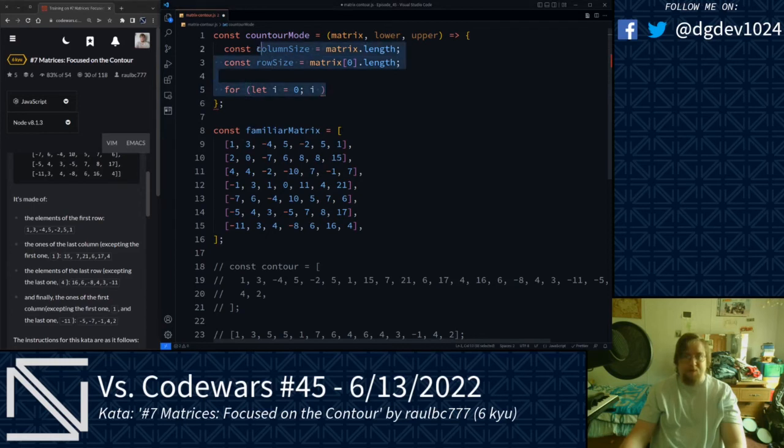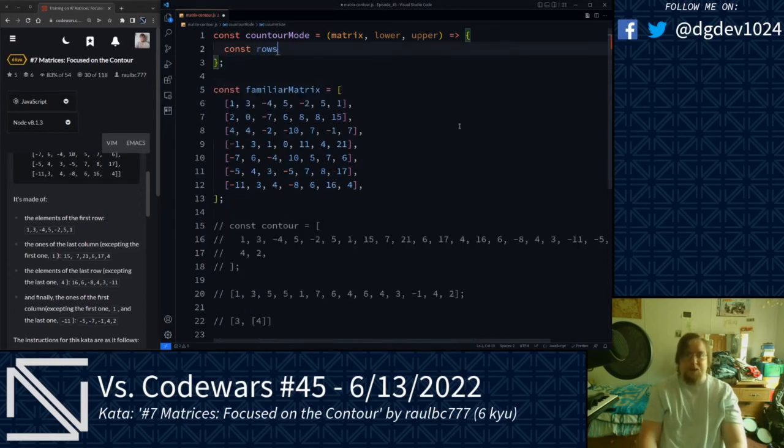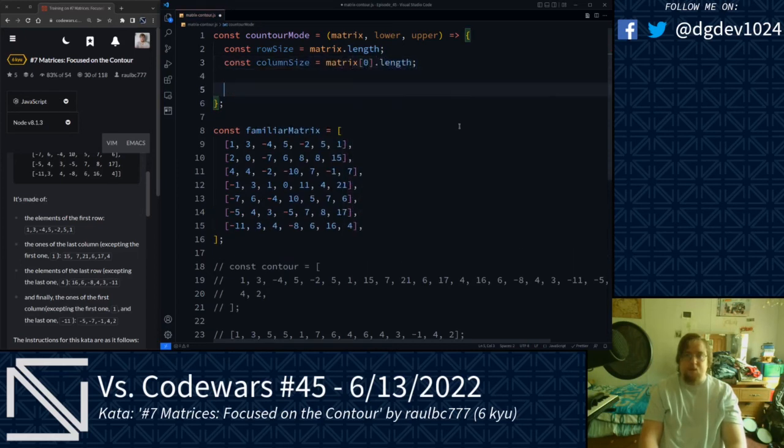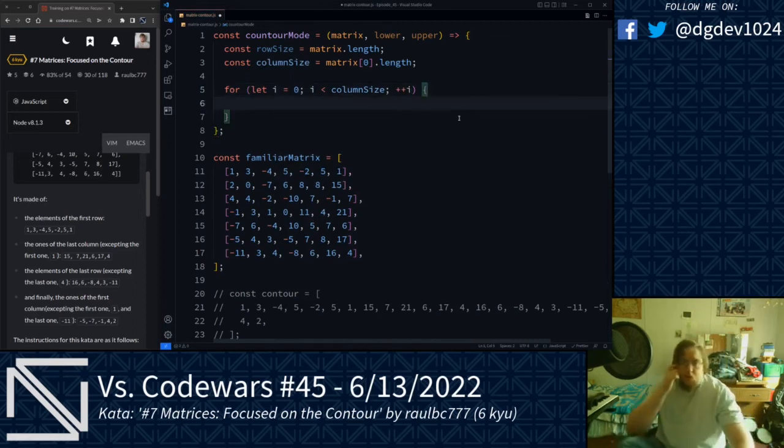Okay, we got that wrong here. Row size is actually going to be matrix.length. And then const column size will be matrix at index 0 .length. Anyway, what we'll go ahead and do is, for let i equals 0, i is less than column size, plus plus i here. And what we'll go ahead and do,